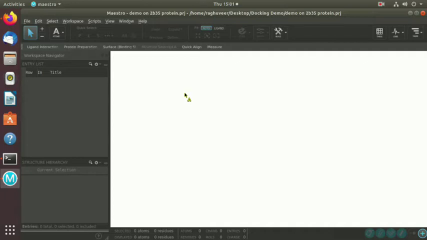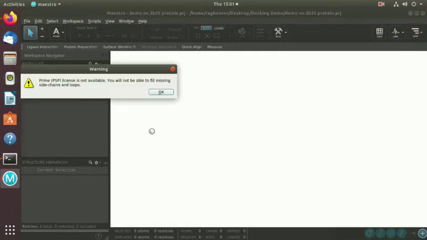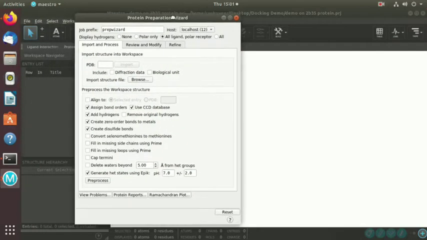First of all I am going to do protein preparation, grid formation, ligand preparation and finally ligand docking. All these tasks we can observe in this task bar, so we can select our required application. Now I am selecting this protein preparation wizard, and this window is going to open.